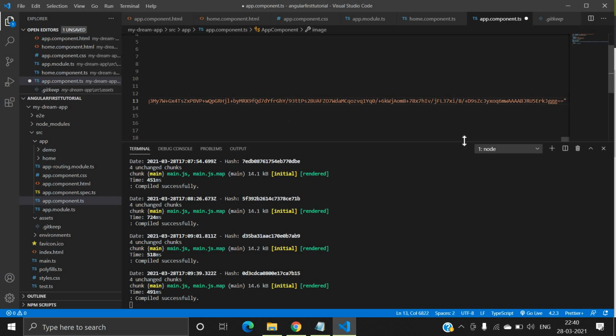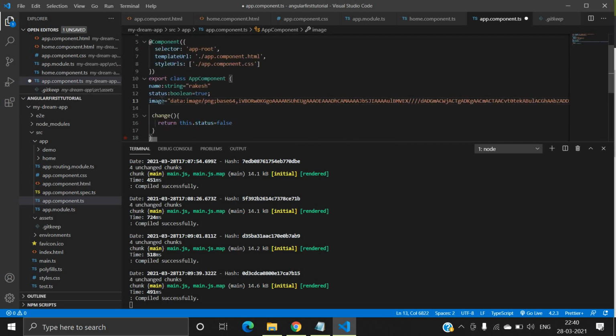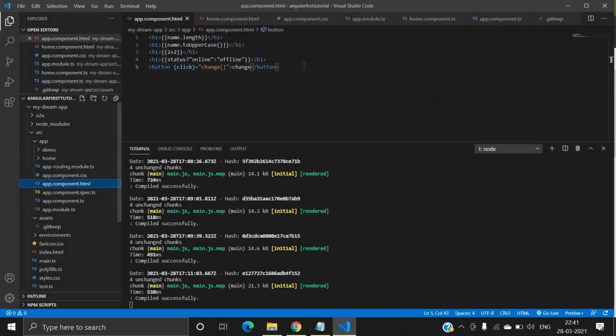After that I will use this property inside the template file image, right? And I will save and go inside HTML.